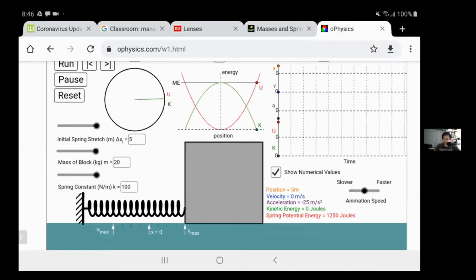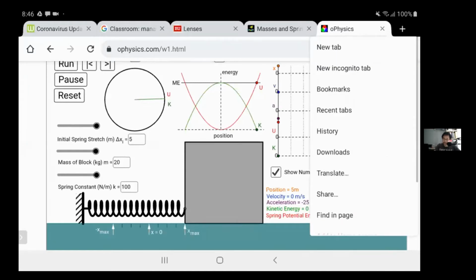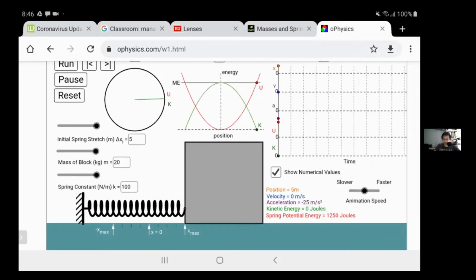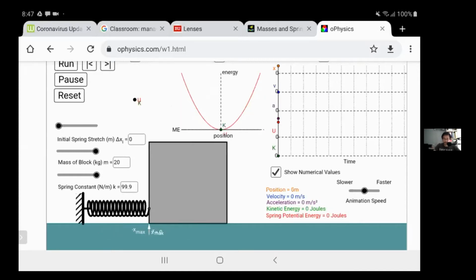I don't know how to do full screen here. I cannot do it. Well, I might not have that option on the tablet here. Weird. I don't have a keyboard. Okay, all right. So what you have over here is